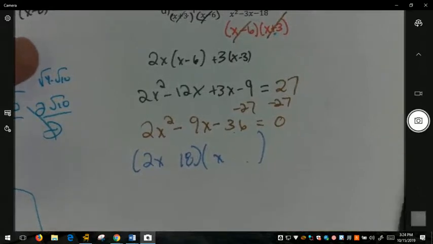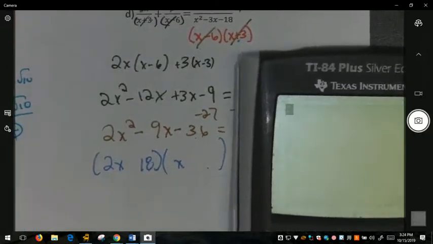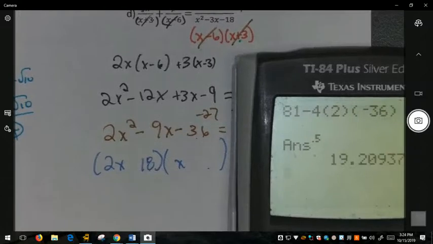All right, I'm not seeing if it's factorable, so I'm going to check the discriminant just to see. It might just be me. Maybe I'm not thinking of the factors correctly. B squared minus 4 times A times C, make sure you include the signs, is 369, which is not a perfect square, so